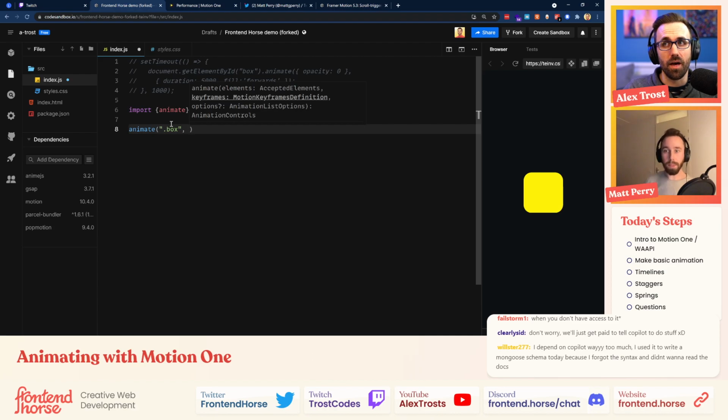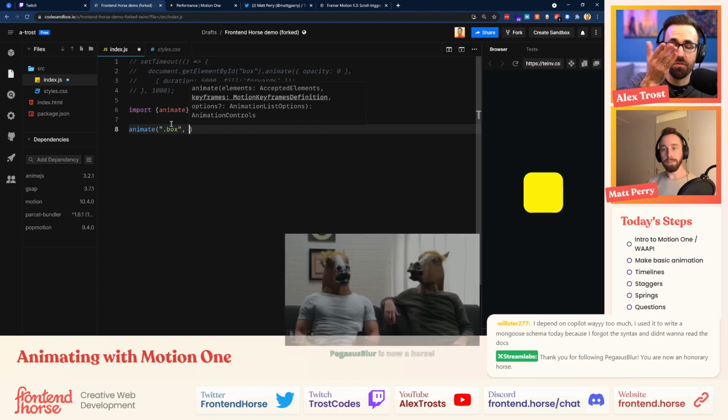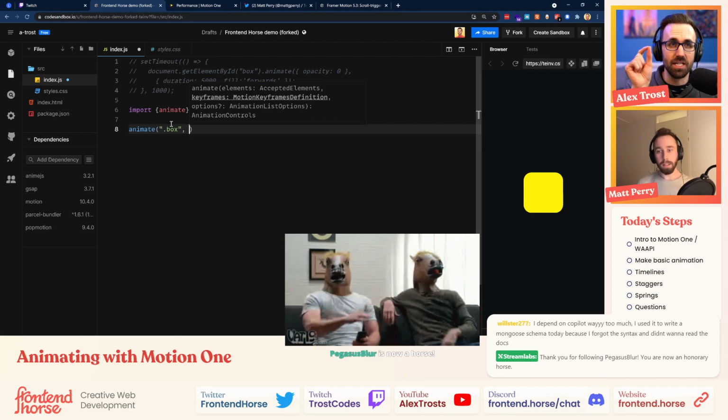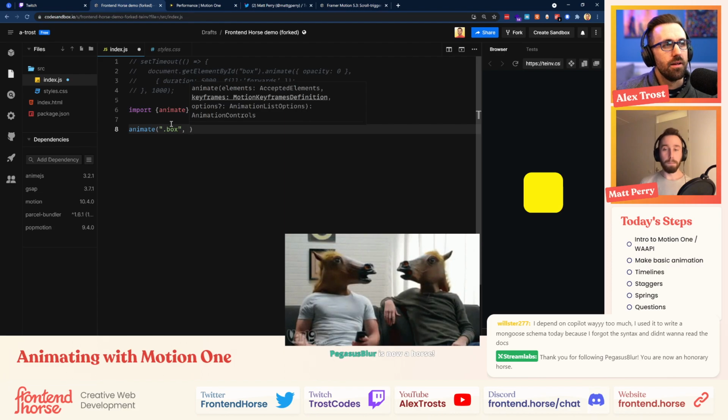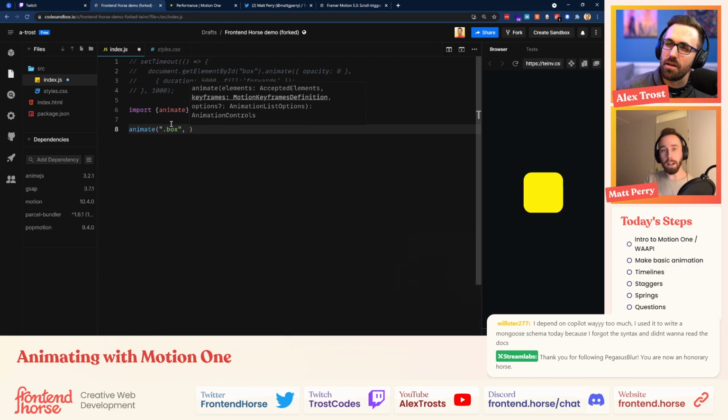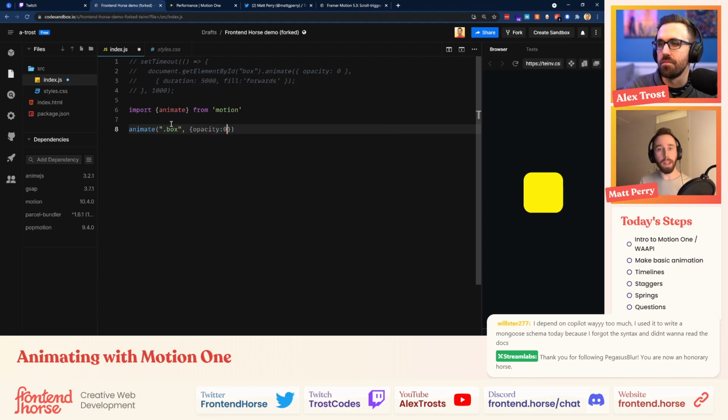Oh, right. Okay. So that's why we had to do get element by ID, or if we were selecting an array, we would have had to map through those or forEach through those and animate each one as we go, right? Yeah, exactly. Got it. Yeah, so the next argument is almost identical again to WAAPI. So squiggly things, opacity colon 0, and then